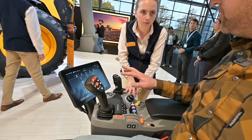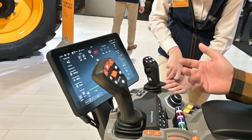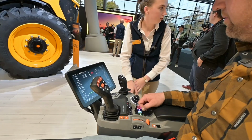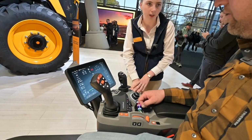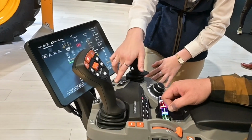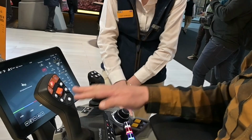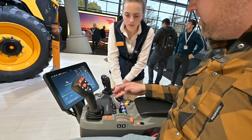Oh, perfect. So the button to take you to the home screen is obviously the picture of a house here. Yeah, and there's a hard key as well. So if you've got oil on your hands or anything and you don't want to be dragging your hands over the screen, there's a more tactile approach down there as well to be able to flip through everything as you want to. Perfect. And all the hard buttons for the 3-point hitch,